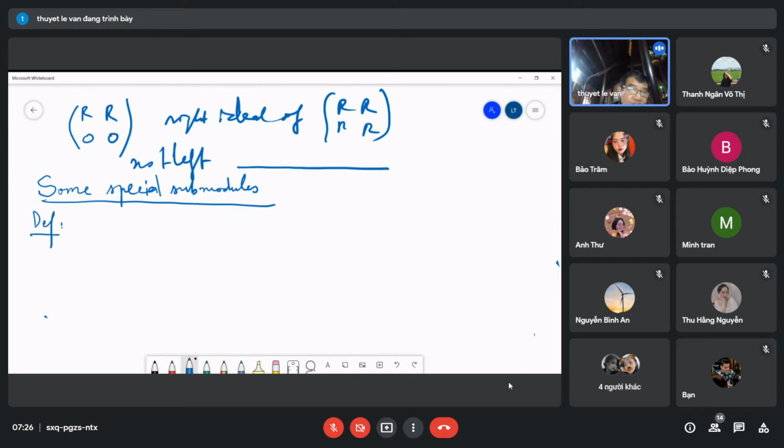First I have some definitions. Now I take the module M over R, and then M_R is called simple if M is not equal to 0,